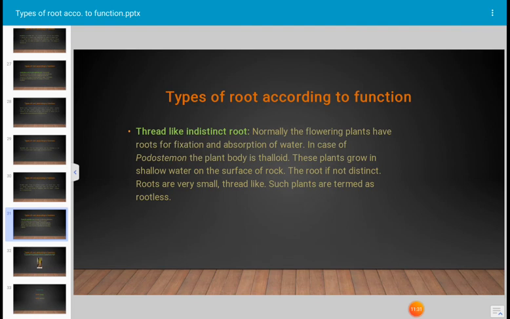Thread-like or indistinct root. Normally the flowering plants have roots for fixation and absorption of water. In case of Podostemon, the plant body is thalloid. These plants grow in shallow water on the surface of rock, and the root is not distinct. It is a very small, thin, thread-like structure. Roots are very small, thread-like. Such plants are termed as rootless, or thread-like roots are present. Next,